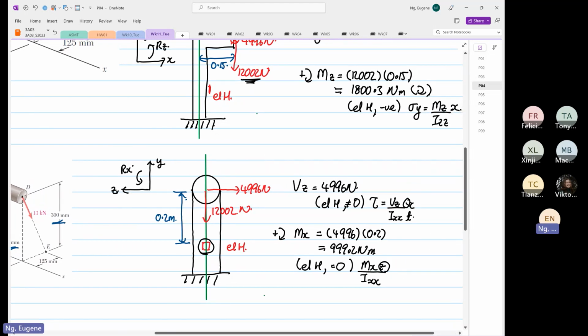The Z distance at element H is equal to 0. All right, so anything else? No, I don't see anything else that we should be